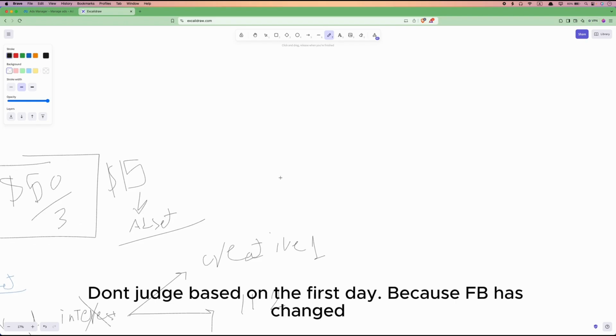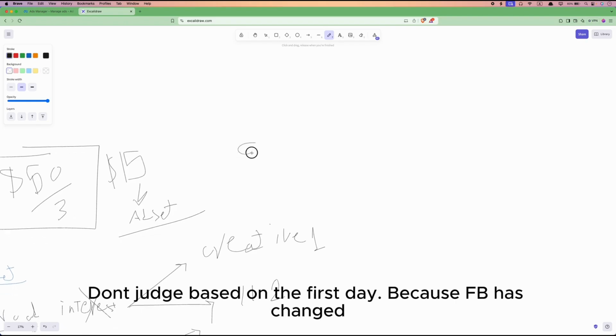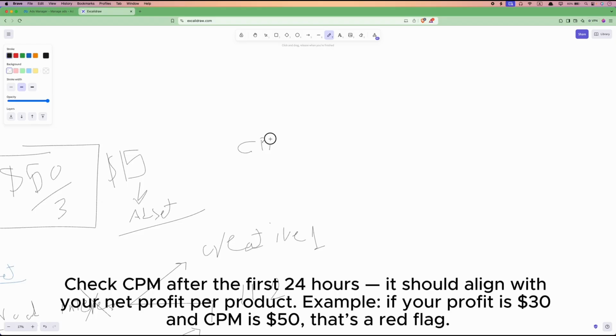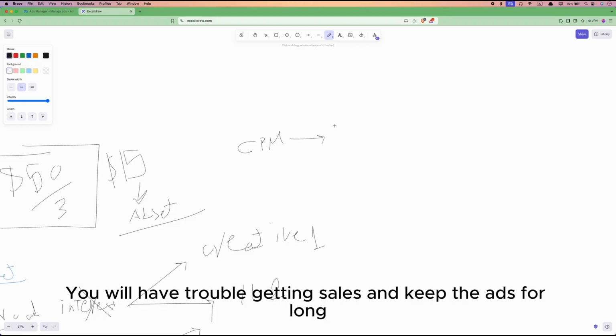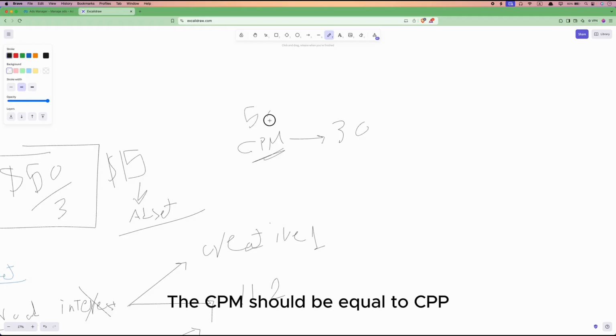Because FB has changed, check CPM after the first 24 hours. It should align with your net profit per product. Example, if your profit is $30 and CPM is $50, that's a red flag. You will have trouble getting sales and keeping the ads for long. The CPM should be equal to